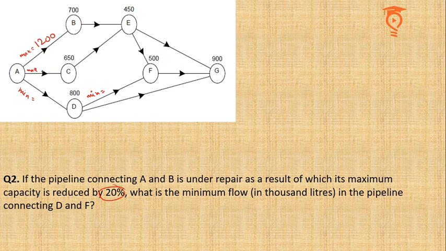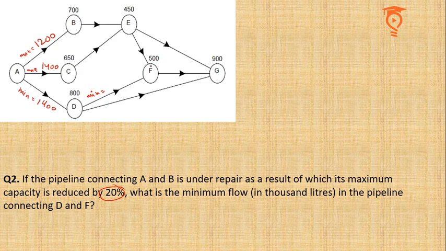So if 1200 is sent here, 1400 is sent here, as we had already discussed. Out of 1400, 650 will be consumed here, 750 will be the maximum flow in pipe CE. So in that case, the minimum flow in the pipe AD has to be 1400. Out of 1400, 800 will be consumed and 600 remaining. Now this 600 can all go in the pipe DG and the minimum here can become 0, but we need to also check that what happens to these pipes.